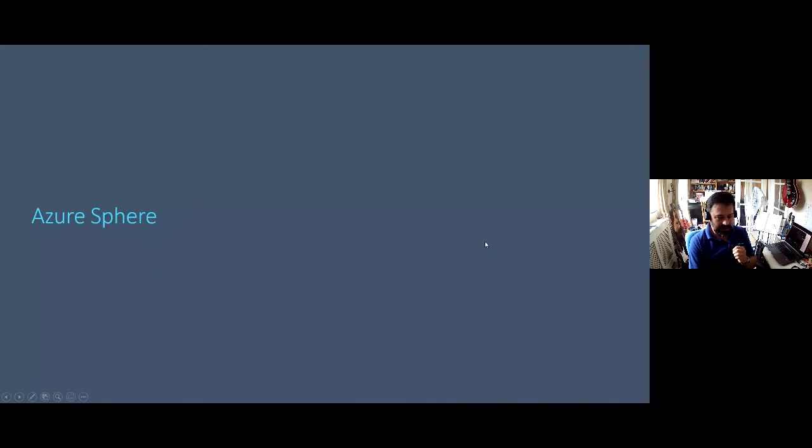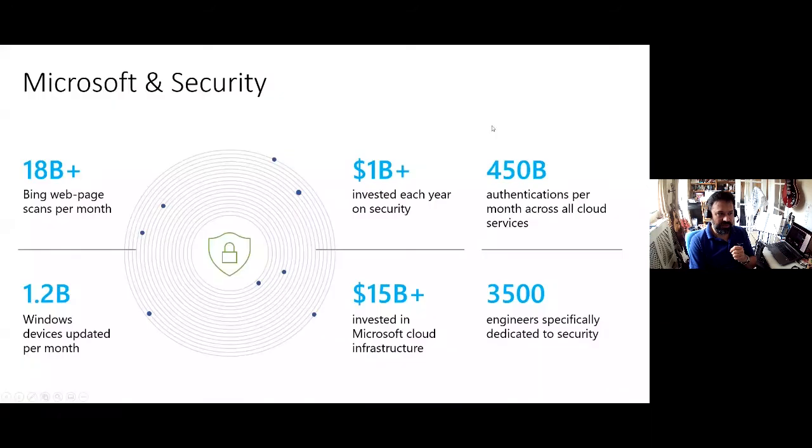So let's go into a little bit more detail on Azure Sphere. Azure Sphere was first made public a couple of years ago now, and it's come out of a lot of learning that we've experienced in Microsoft on security. You can see, and you all know, of course, how important security is to Microsoft and how much we invest